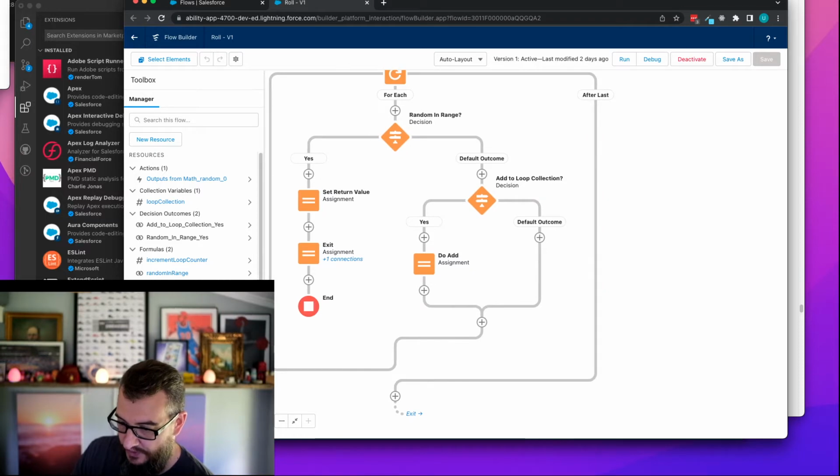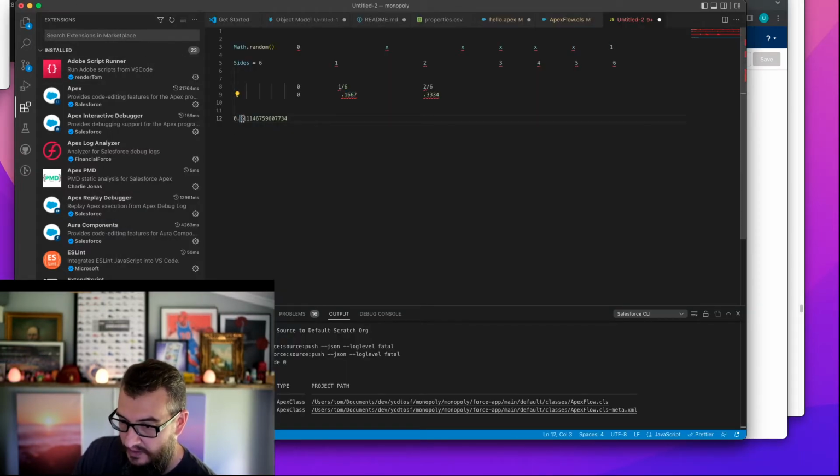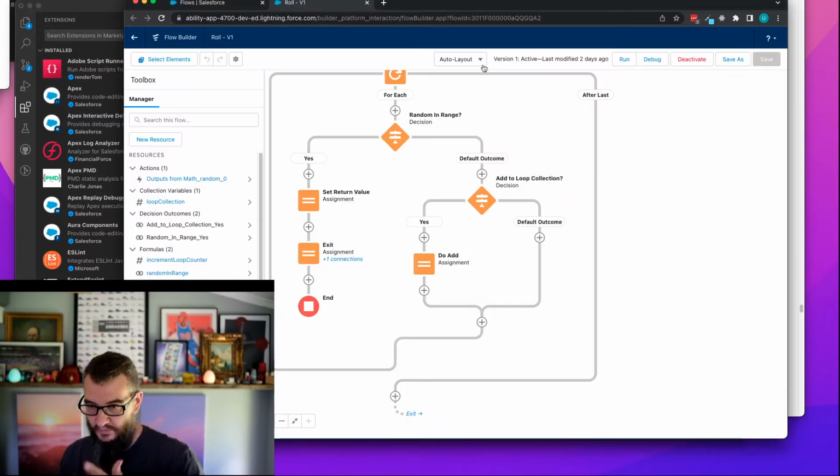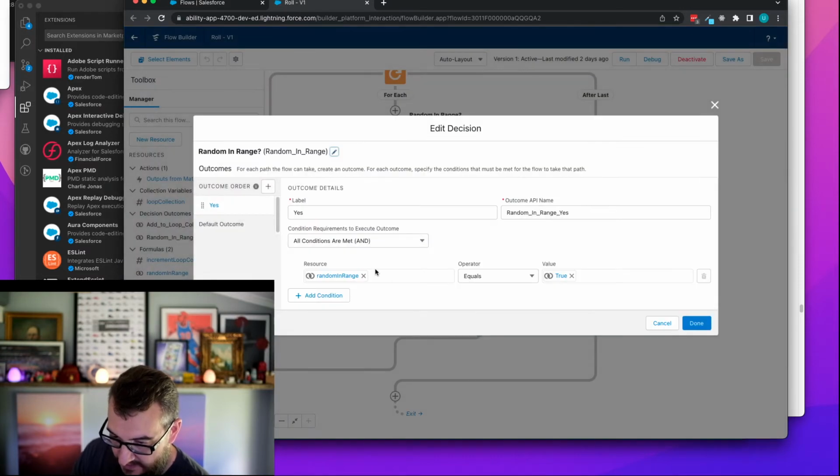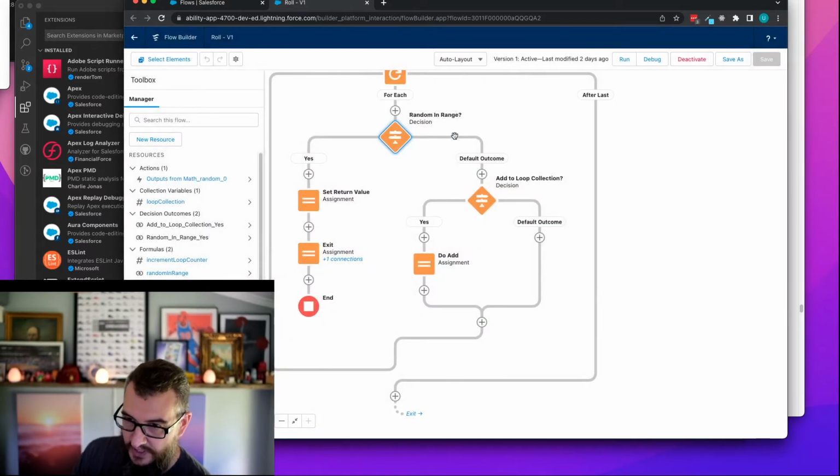If our random number was, let's go back to 0.331, and we're still dealing with a 6-sided die, the random was not in that range. So in the first iteration, 1 divided by 6, it's greater than that, and that's what our formula was testing for. So it's not in range. Let's go to the no condition of that decision,